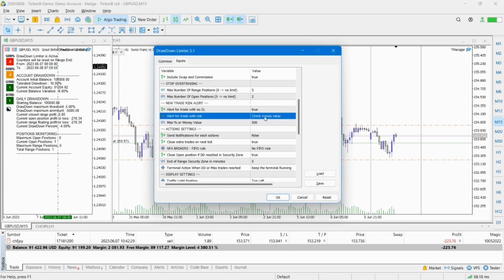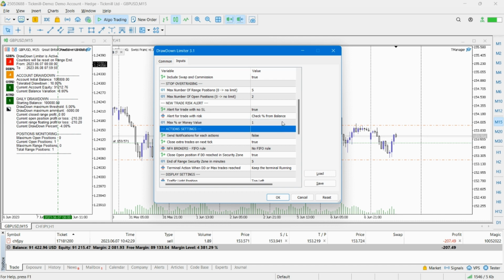You can also set a configuration to check the risk you're taking in a trade. So you can even leave it unchecked, or you can check whether I'm respecting 1% of my balance when setting a trade, or of my equity, or simply if you just want to check in money how much I'm risking. Let's say I don't want to risk more than $50 per trade. So whenever I'm exceeding this limit,